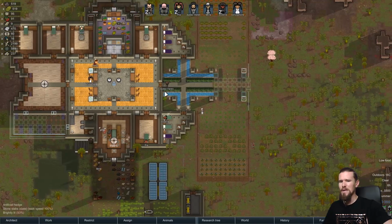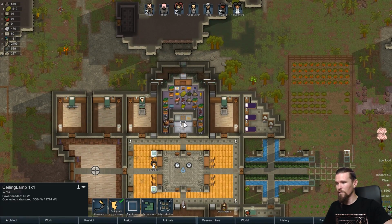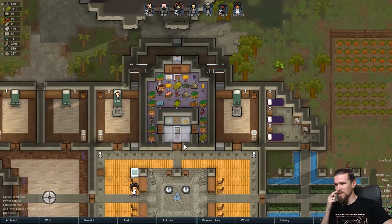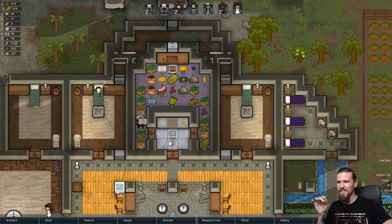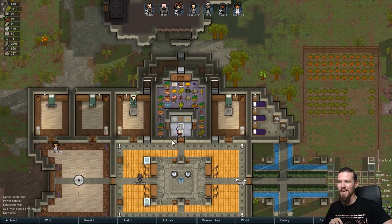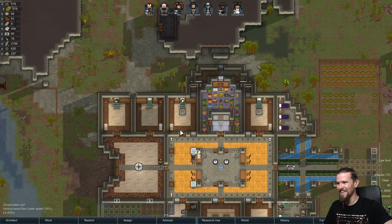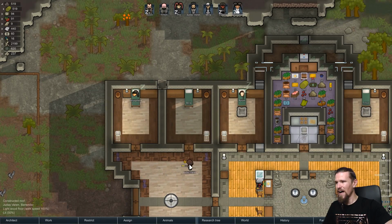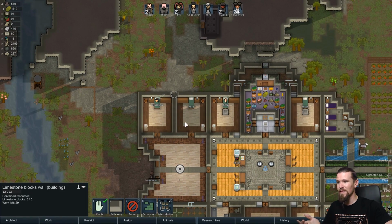Triton, thank you very much for getting that hauled. That's very nice of you. We are still low on food, so it would be nice to see something else get constructed. That ceiling lamp, while kind of cool, is kind of annoying because it looks like there's always something that isn't built there. I kind of don't like that. Not much I can do to change that though. We've got like one last little bit to get done. It just needs some work done and then this room will actually be sealed off